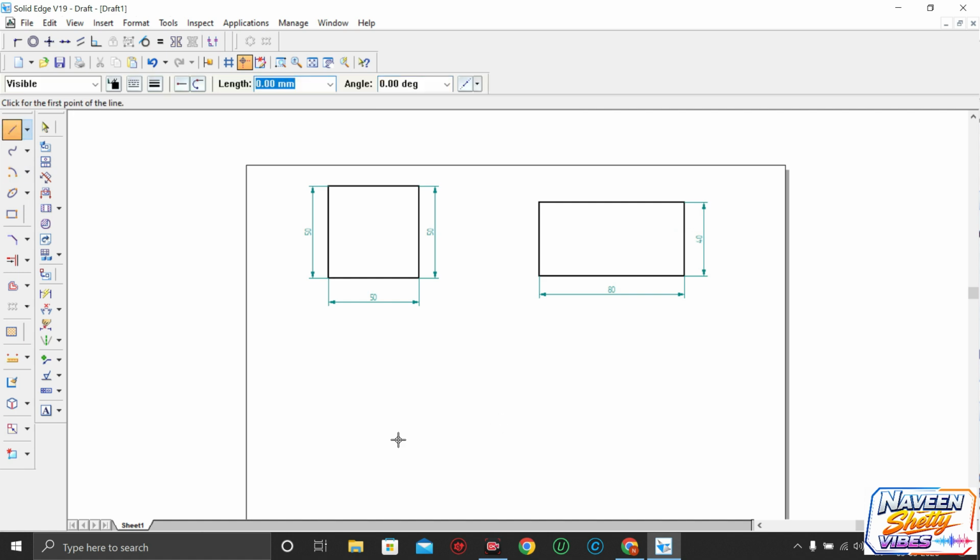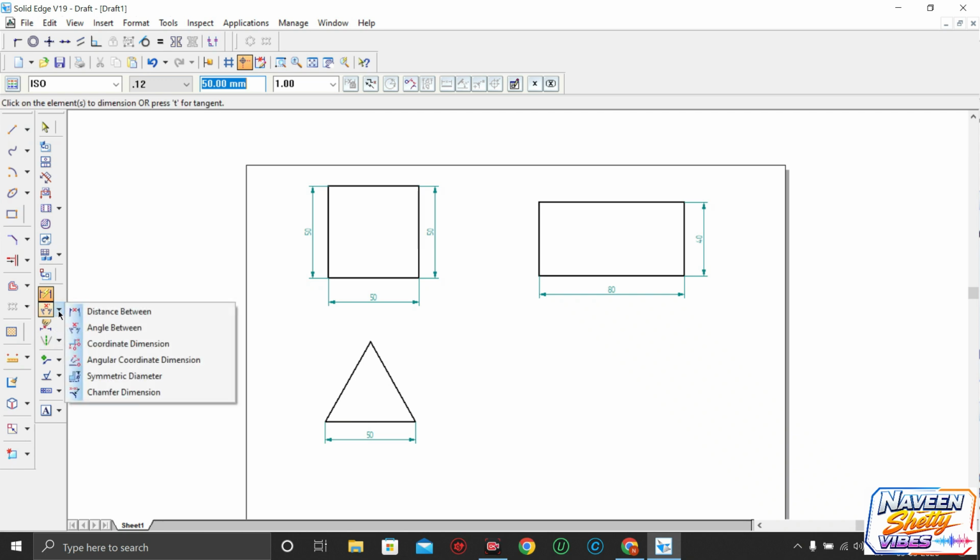Now if you want to draw a triangle, think that you have to draw a 50 equilateral triangle. Click on the first point. The length you take is 50, and the angle you take is 0, and then you can exit it. For an easier method, start from this point. The length you take as 50, and then the angle you take as 60, and then you can join it. So this is a very simple way